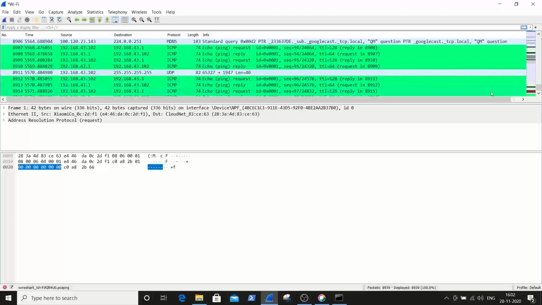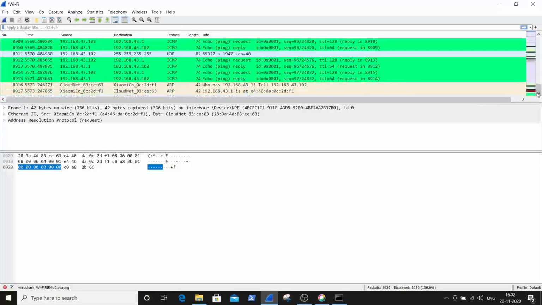So how many packets have we sent? We have sent 4 packets. You can see here the reply we got, and here is the TTL value, which is 128. My TTL value is 128.